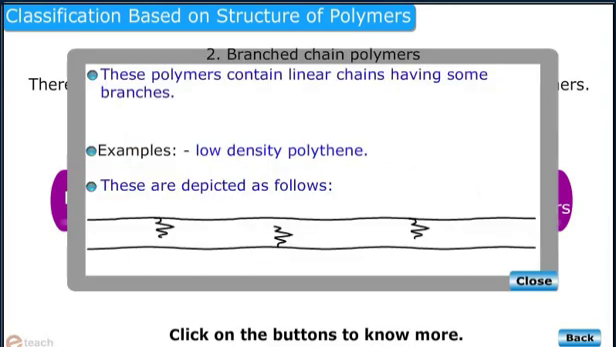Branched chain polymers. These polymers contain linear chains having some branches. The example is low density polythene. These can be depicted as follows. Cross-linked or network polymers. They contain strong covalent bonds between various linear polymer chains. Examples are bakelite, melamine, etc. These polymers are depicted as